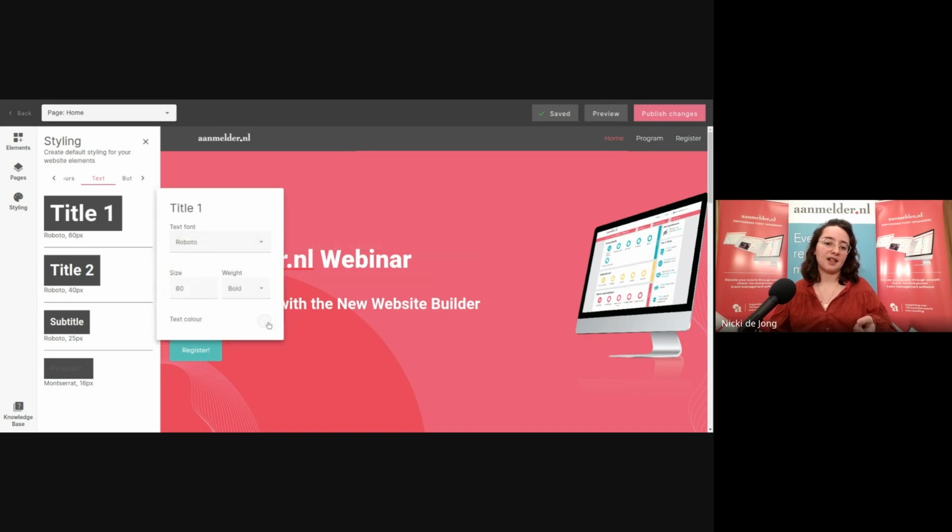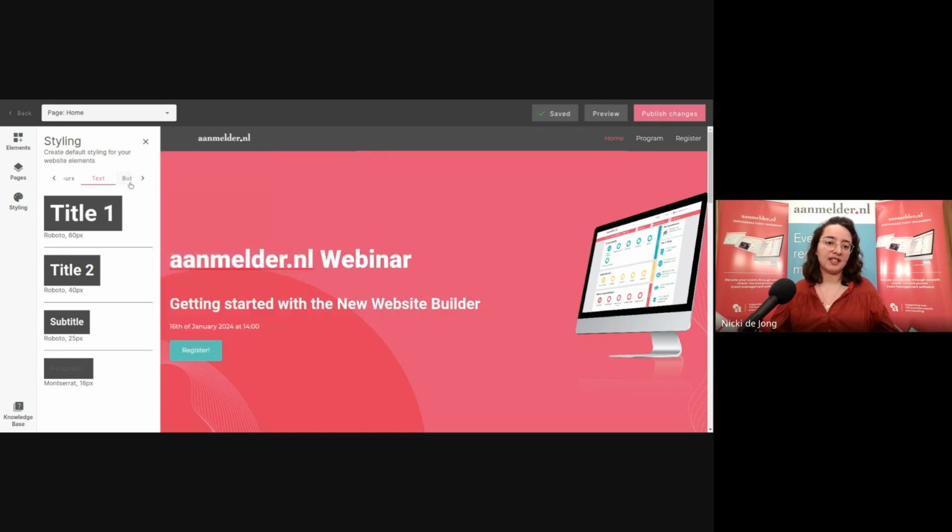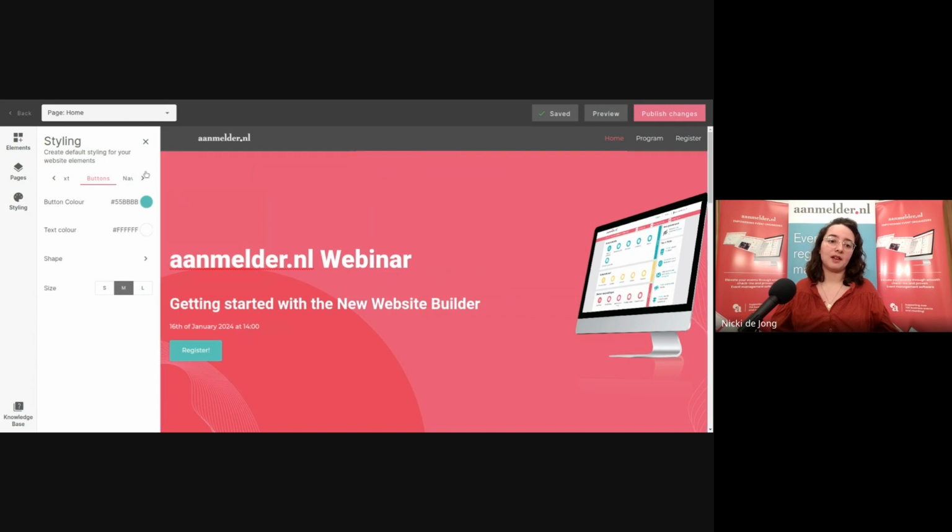You can also right here set your text color in any transparency or any way that you're used to setting your colors. The same cohesive styling we implemented with the buttons,